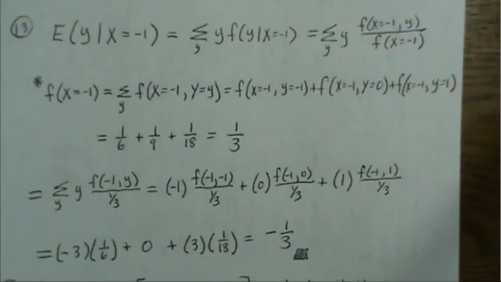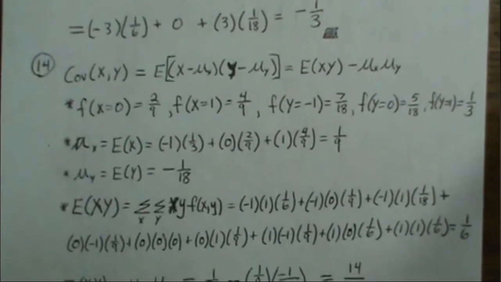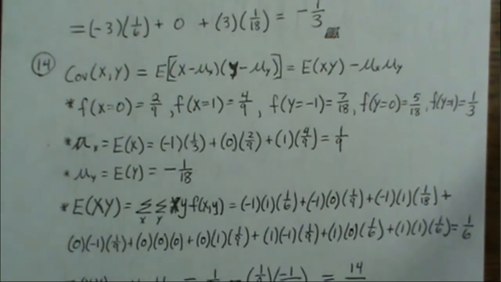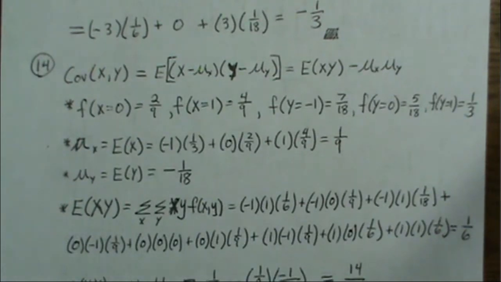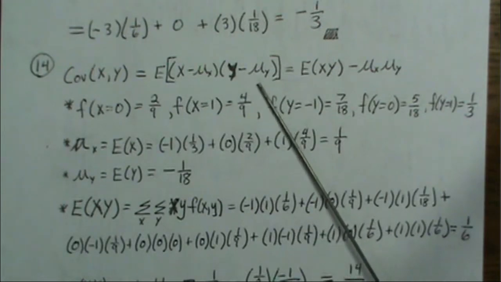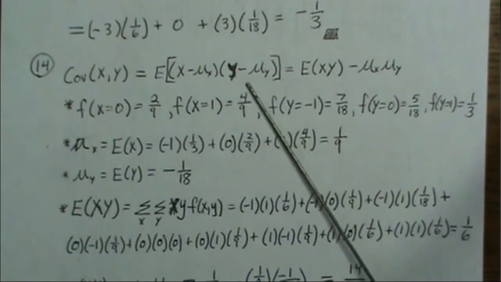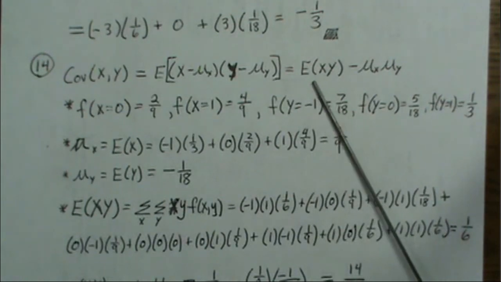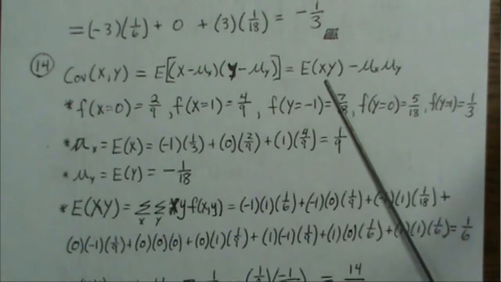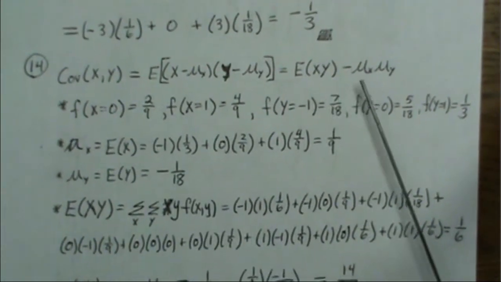Problem 14, what is the covariance of x and y? So problem 14 is we want to find the covariance of x and y. So by definition, this is what the covariance equals, the expected value of x minus its mean times y minus its mean. Well, through some algebra, that can be rewritten as the expected value of x, y minus the product of their respective means. Well, let's find